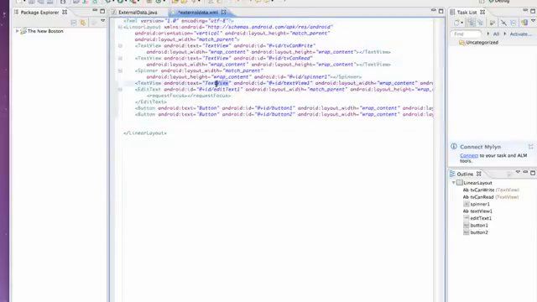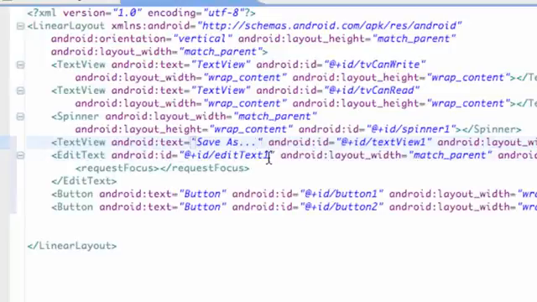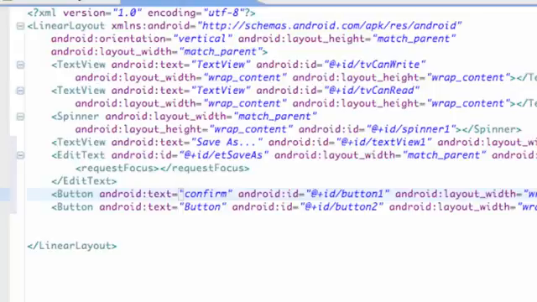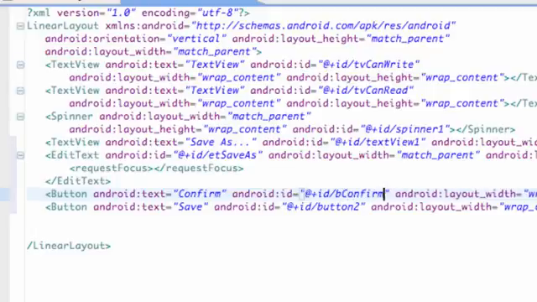The first edit text that we just have, we're going to say save as, something like that. And for edit text, we're going to change this to et save as, and for the button we're going to say confirm, for our first button anyways, and our second button we're going to say save for the text. And then let's change our references for those buttons to confirm, save as,